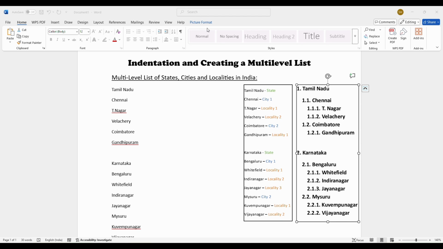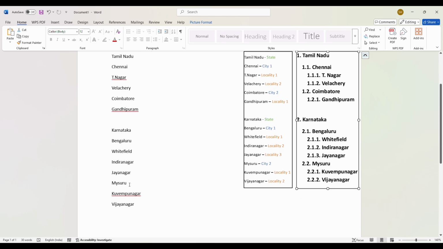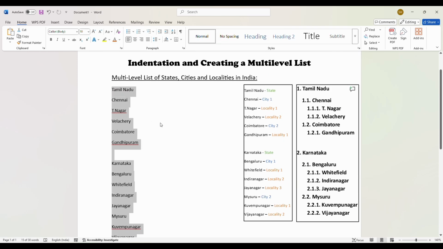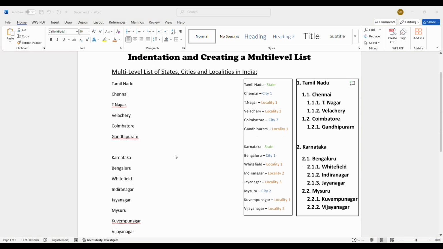So let's go ahead and see how we can create the same multi-level list that we can see in this image in Microsoft Word. In order to do so, I've already gone ahead and pasted all the names of all the states, cities and localities over here, as you can see. Now we will need to apply a numbering to this, and in order to apply a numbering, we will have to first apply an indentation, because if we don't apply indentation, and if I just select the entire names of all the state, cities and localities, and we simply apply a numbering from here, as we have seen in the